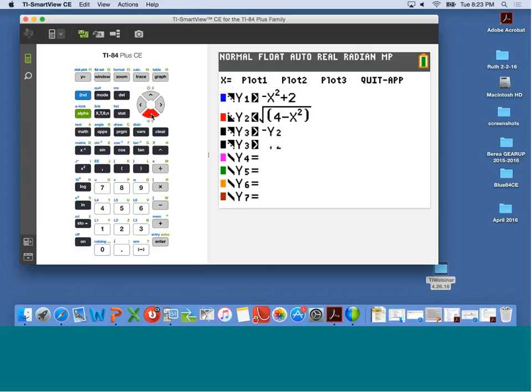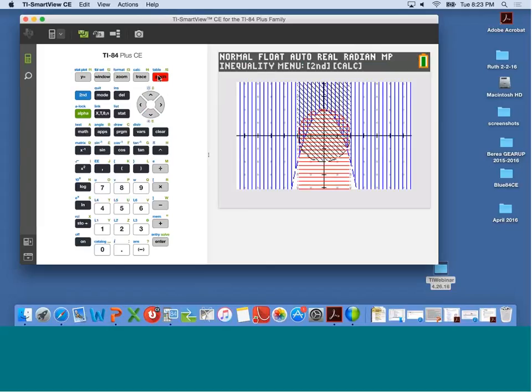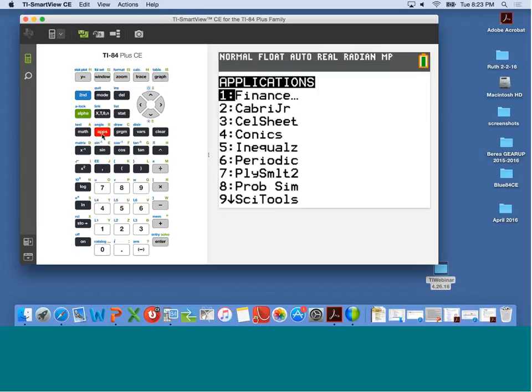All right. So there we had it, and we got some things going on. We might want to do some shading. We had that before. So that's a little bit about the inequality app. To get it launched, I just pressed the apps button. Just like on my handheld, I have to be sure that this file is in my SmartView emulator software. And so I'm pretty sure the apps come preloaded on there, but if for some reason the app had gotten